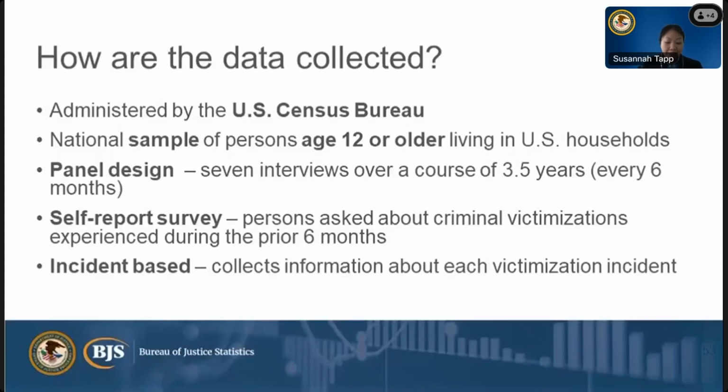The NCVS is administered by the U.S. Census Bureau on behalf of BJS, and it's to a nationally representative sample of persons aged 12 or older living in U.S. households. So these are households only, so institutionalized populations, people who are unhomed, living on military bases are not included. Each year, data are collected from 130,000 households, which comprises about